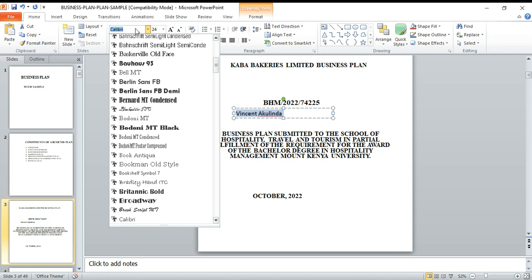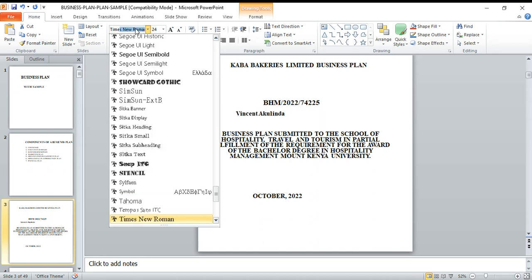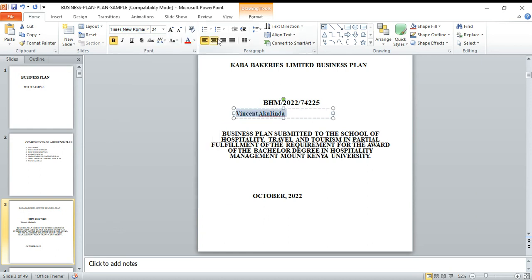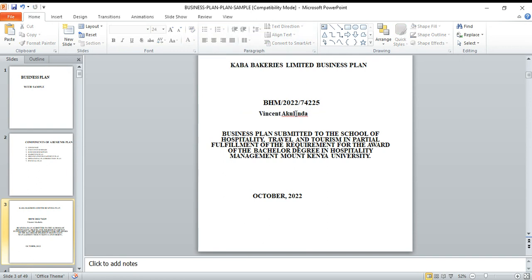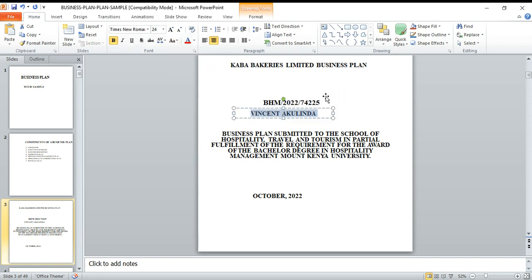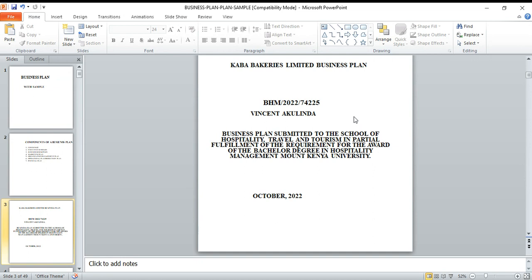Then this is Times New Roman. Then this is centered. But all this should also be in caps. So you just align them and come here, uppercase. So you can see there is the name of the business plan, the name of the owner, the organization,